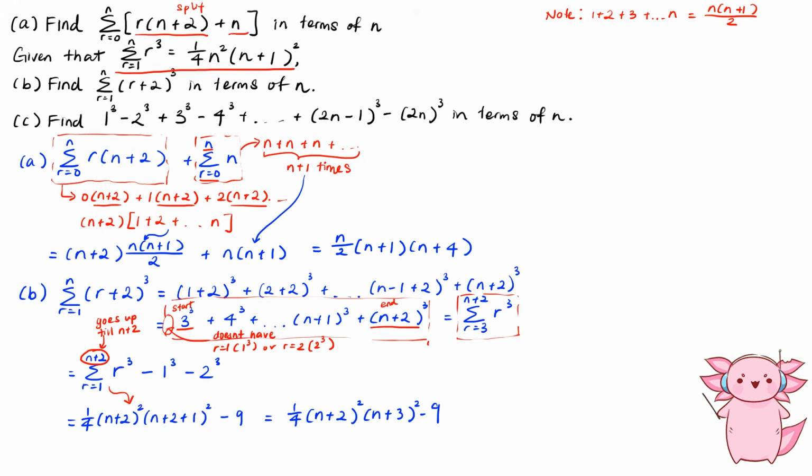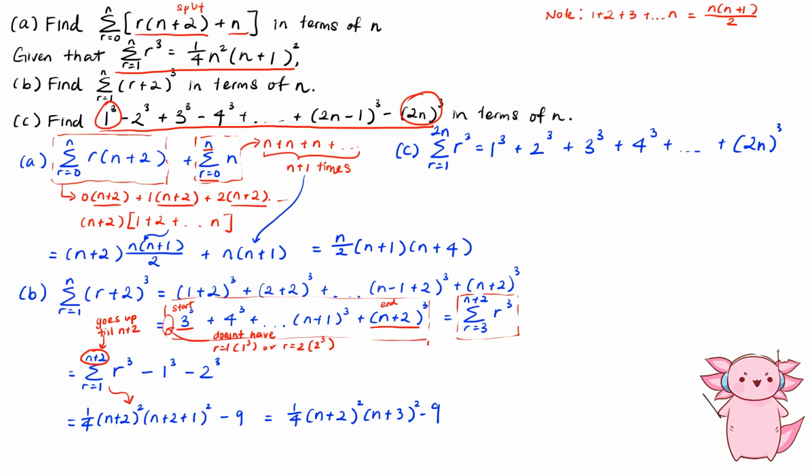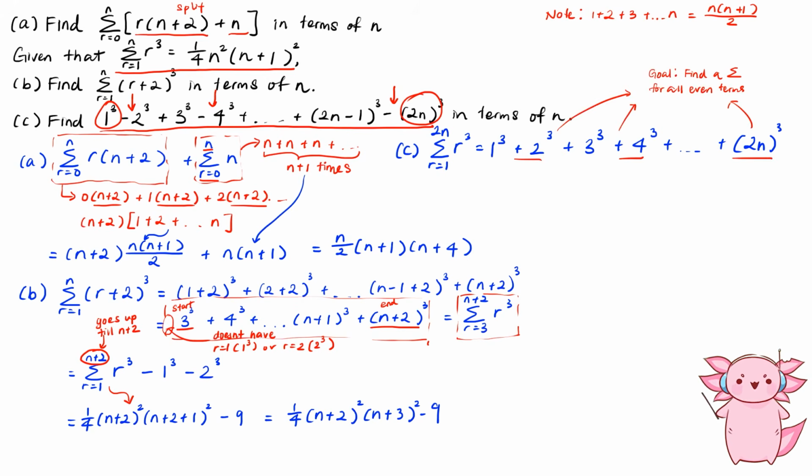Now for the last part, to express this sum, we try to make our best guess. It starts from 1 cube and goes to 2n cube, so let's try r equals 1 to 2n. But notice that every even term is negative, so let's try to find a summation for just the even terms. So if we sum from r equals 1 to n,